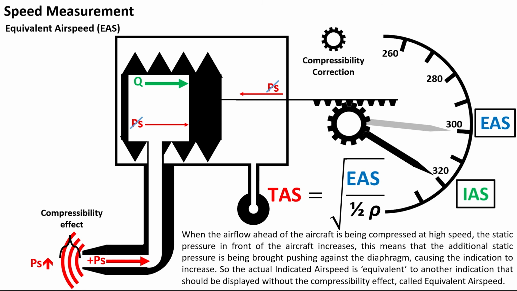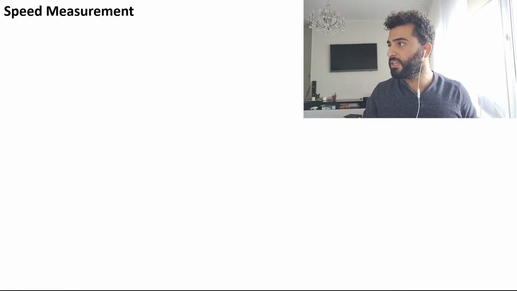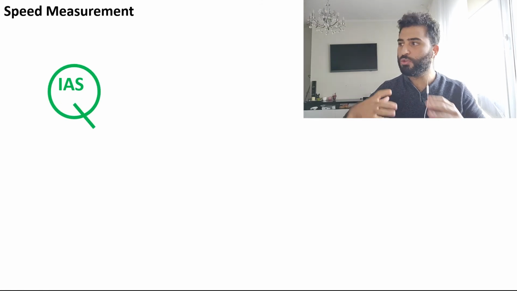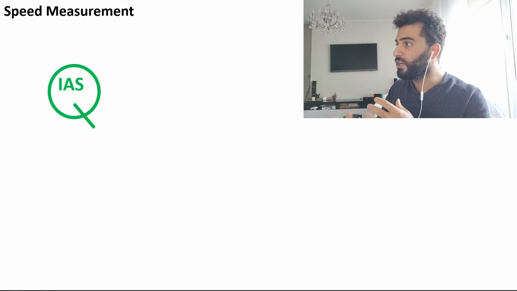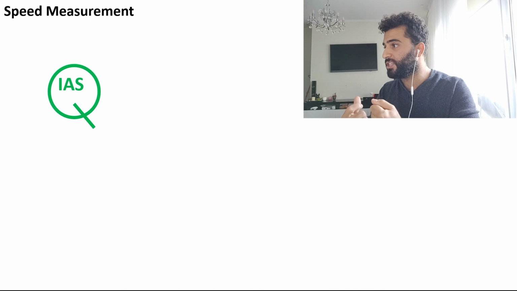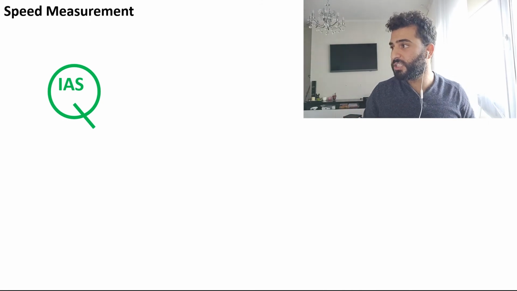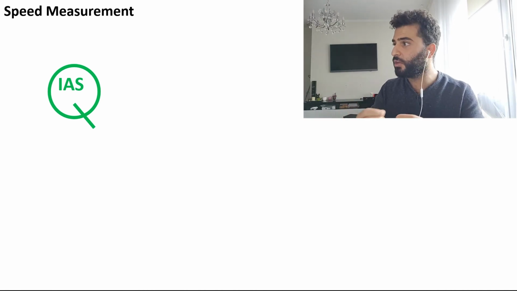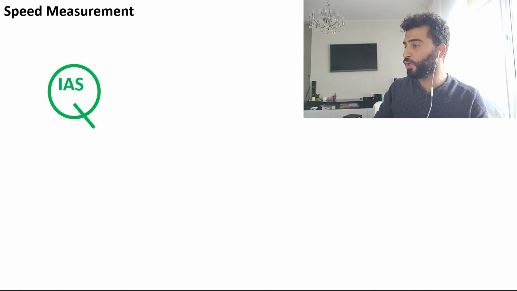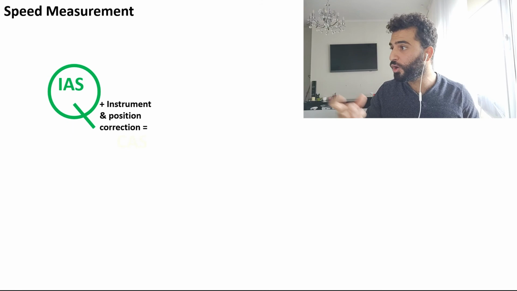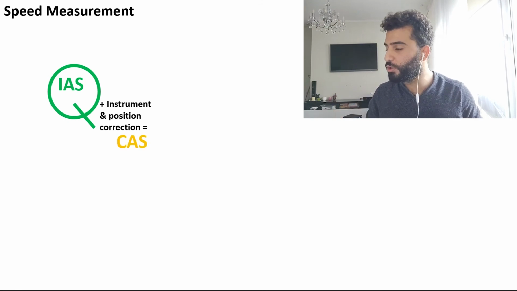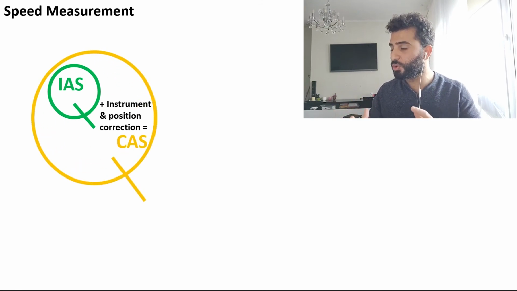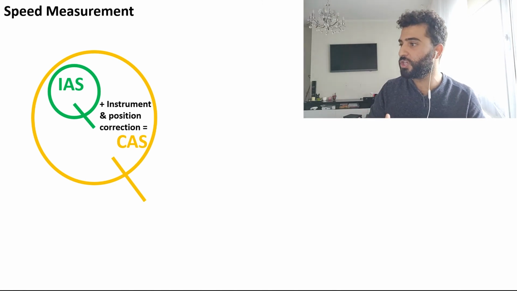All right? So I hope that now you understood. And so finally, let's imagine that now I want to find the true airspeed from the indicated airspeed. So we saw that the indicated airspeed is the kinetic energy of the air, but if you take the value that you read in the cockpit, we saw that value is wrong because of the instrument and position error. And so when we corrected, we obtained the calibrated airspeed. And so here is the real dynamic pressure of the air that you can input in our equation to find